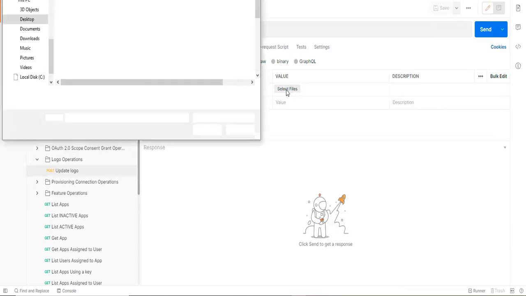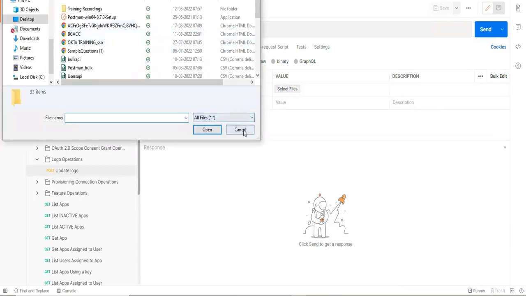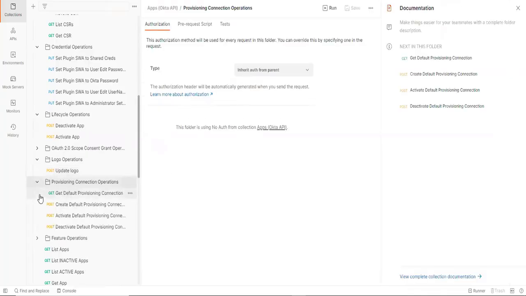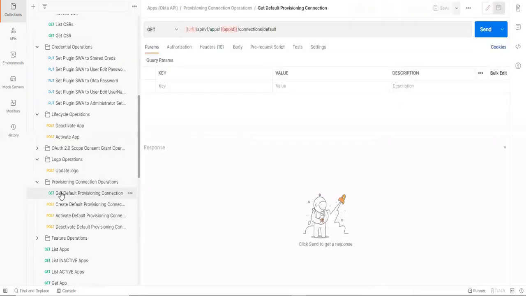You can select that file. Whatever file you want, you can load it from here. Okay, and provisioning connection operations. So this is nothing, but if you remember, we worked on the Okta R2R provisioning, right? Likewise, if you want to maintain any config, any provisioning connection operations,